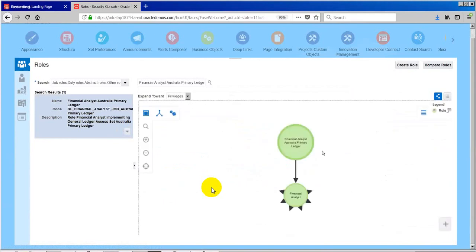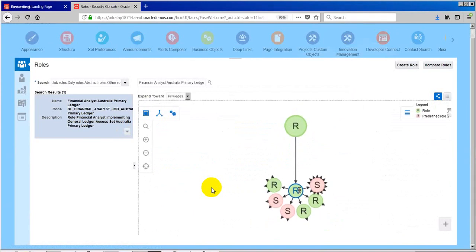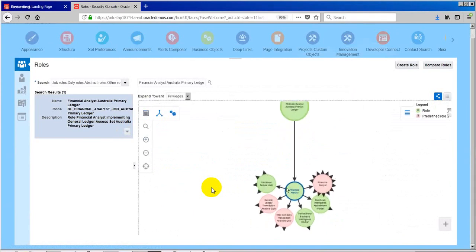So it is a hierarchy, and financial analyst Australia primary ledger is inheriting financial analyst custom role. And this financial analyst custom, if I double click it, is inheriting the seeded financial analyst role along with others.